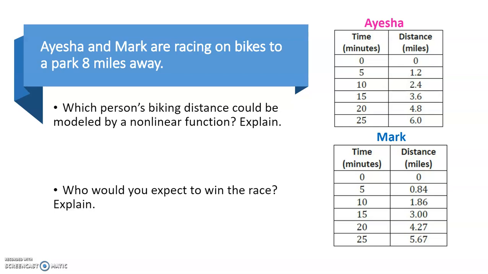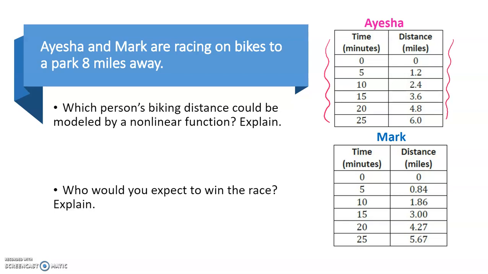The problem involves two sets of data that we're going to look at to determine whether they're linear or non-linear in order to answer some questions, explain it, or see whether they are increasing or decreasing. So we have Aisha's data, and Aisha is riding a bike to a park 8 miles away. So her time is in what would be the X value column, and her distance is in the Y value